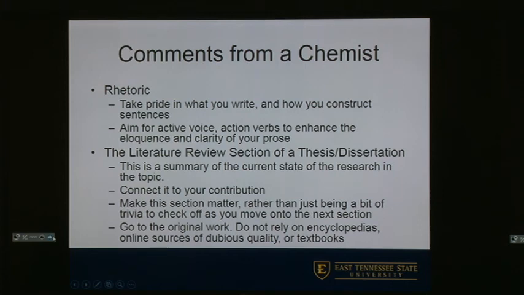Okay. Go to the original work. Do not rely on secondary sources. Nature did an experiment several years ago where they were looking at the error rate in Wikipedia. The authors set out to basically try to lower the credibility of Wikipedia by pointing out that it has a fairly high error rate in it. What was really disappointing to the authors was other secondary sources like encyclopedias, like textbooks, didn't have that much better an error rate. So go to the primary literature if at all possible.